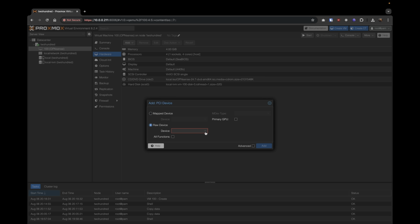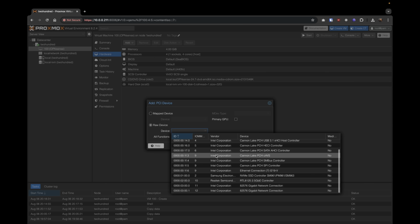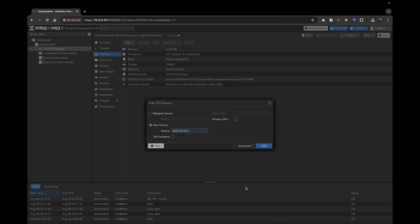This will have OPNsense see the entire card, which usually has the best chance of working without any issues and ensures peak performance. The downside though is that once you pass the NIC through, the host can no longer access it. For you, that may be perfectly fine, but I'm going to do it the other way, which is to